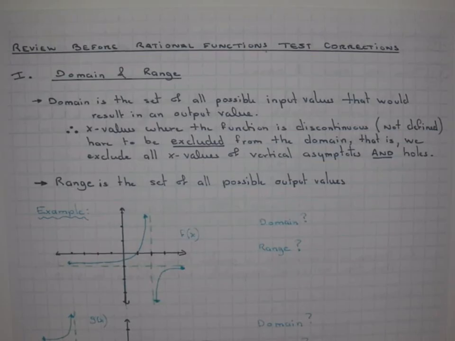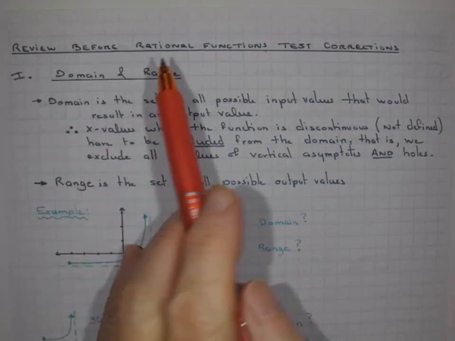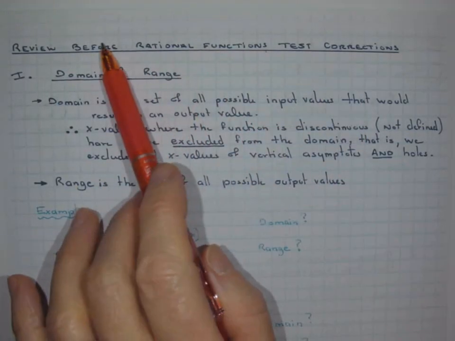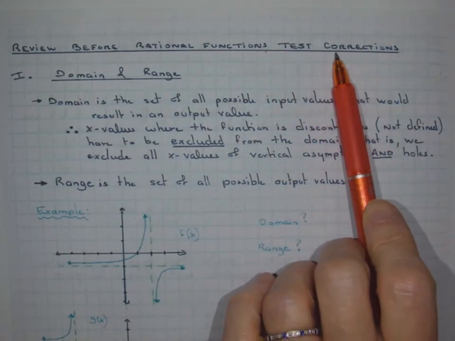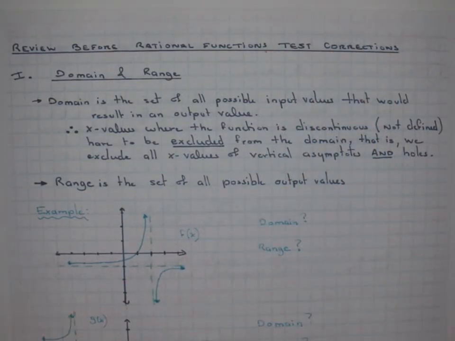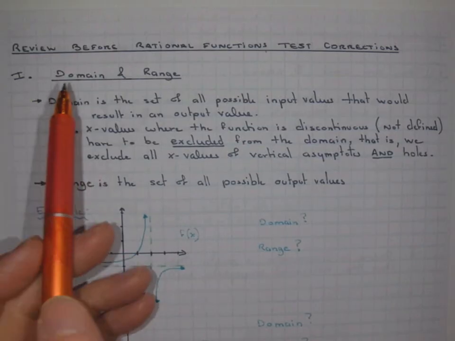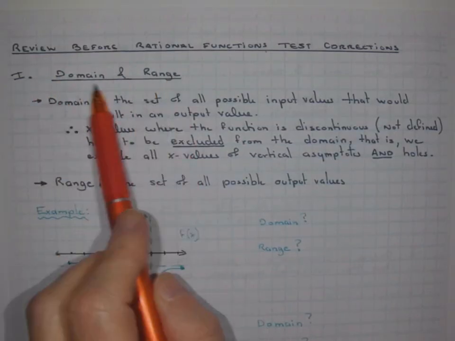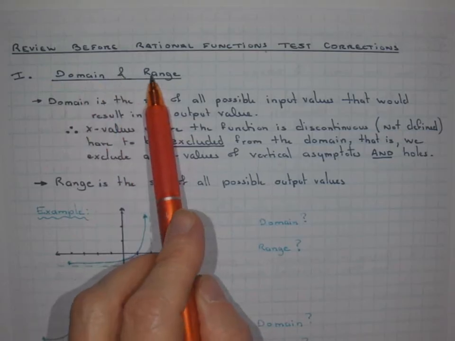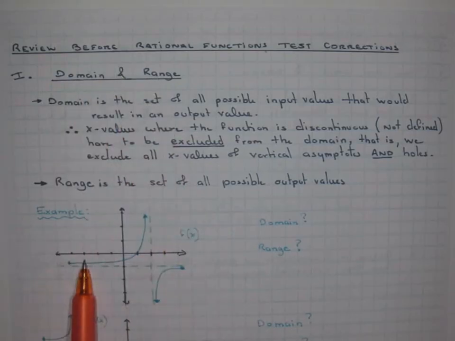Hello everyone. Here is the review before we're going to take the test correction, right? So you probably want to go through that first before you come to make those corrections. All right. So the first thing we want to address is domain and range, given a graph of a rational